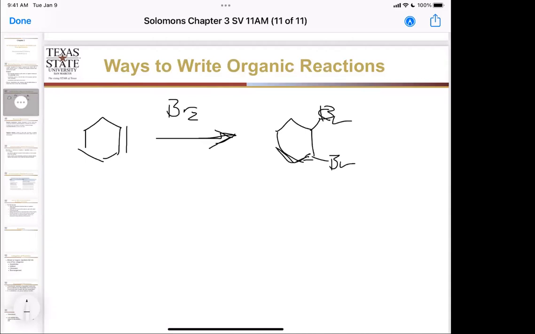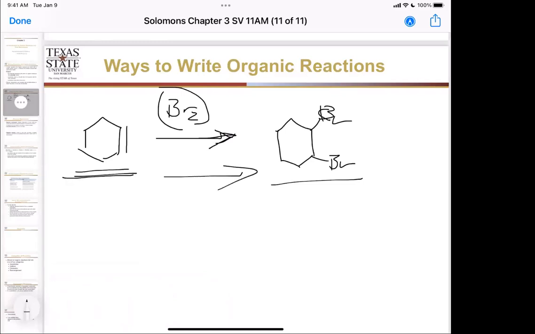Again, we're not losing a carbon here. Let me clean that up. It's still 6 carbons in a ring, but we've changed from a double bond between 2 carbons to 2 single bonds with bromine. So what has happened here? Well, we've done a reaction. Substrate, reagent, product. And it goes from substrate to product by the arrow. So we're telling you where we want your mind to go. But that might not be the only way to do it. Sometimes we might say, instead of doing the reaction the way it's written here,